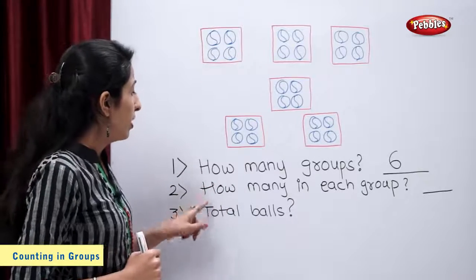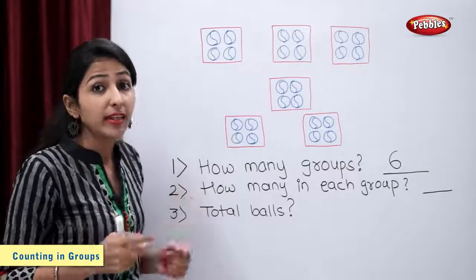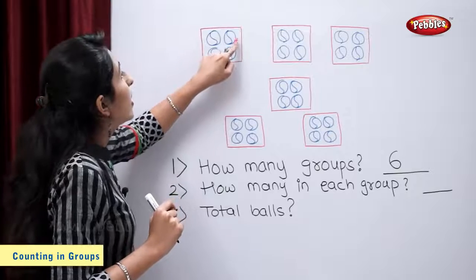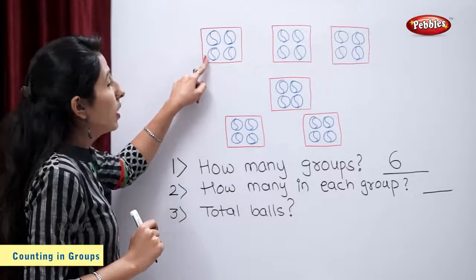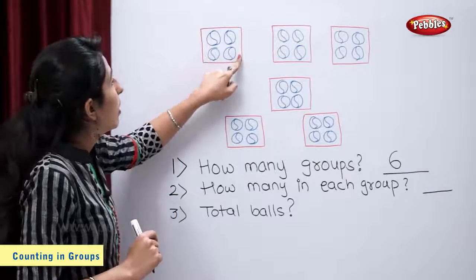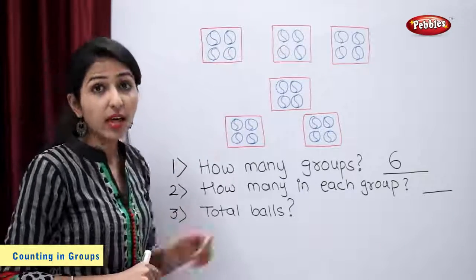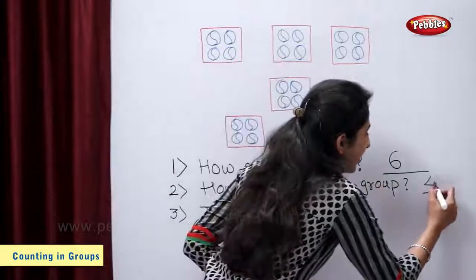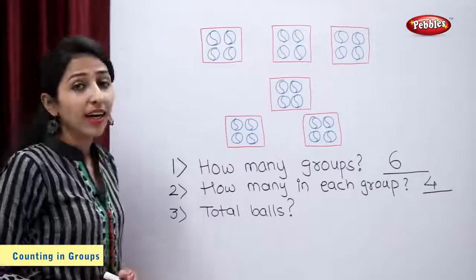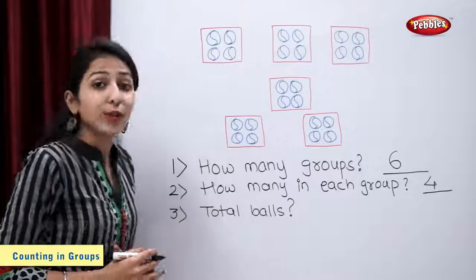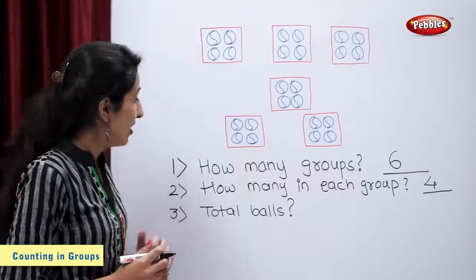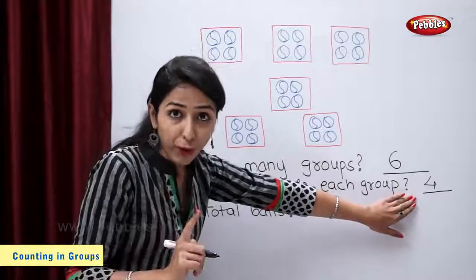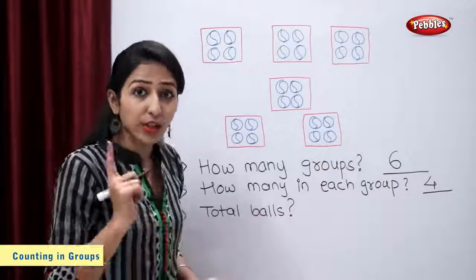Tell me, students, there are how many balls in each group? 1, 2, 3 and 4. So there are 4 balls in each group. Let us count total number of balls. There are 6 groups. There are 4 balls in each group. So